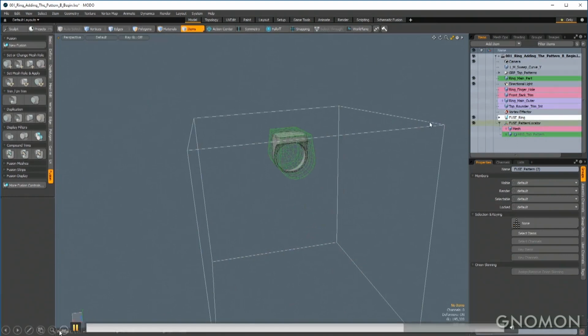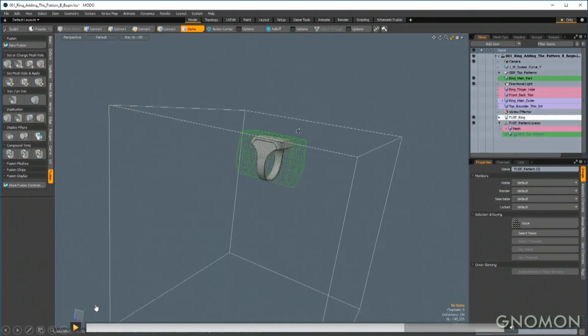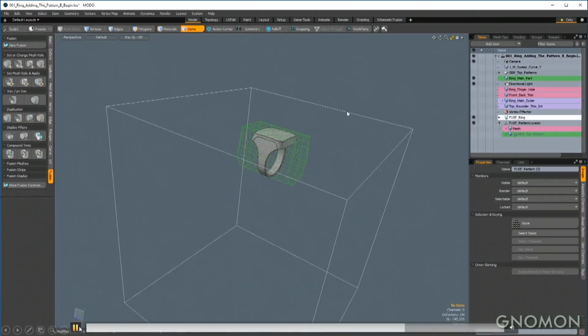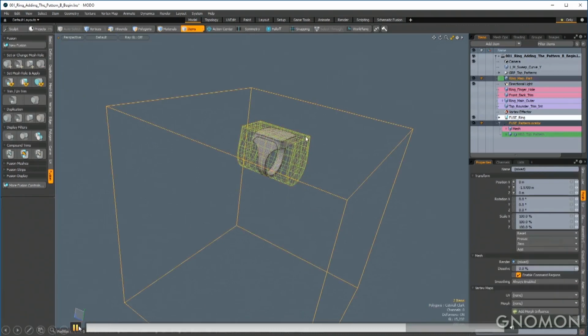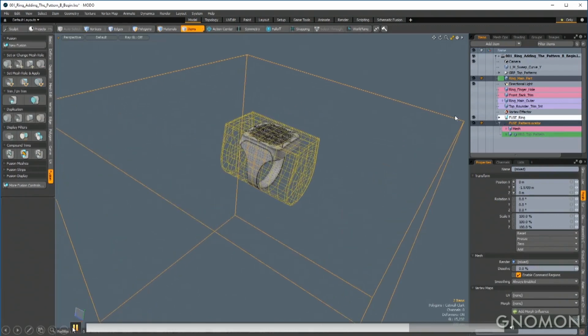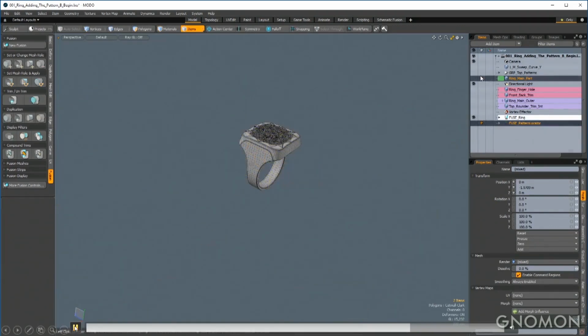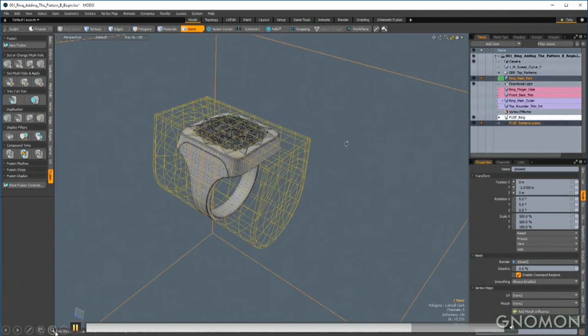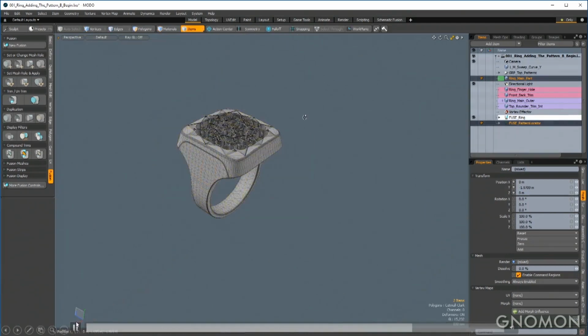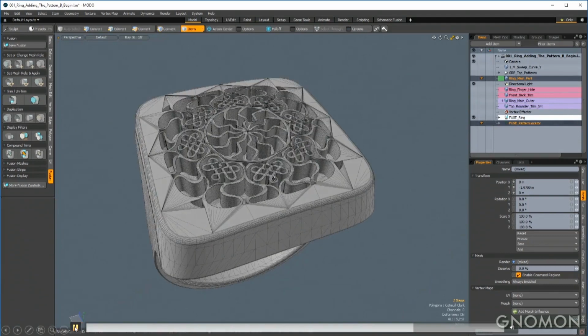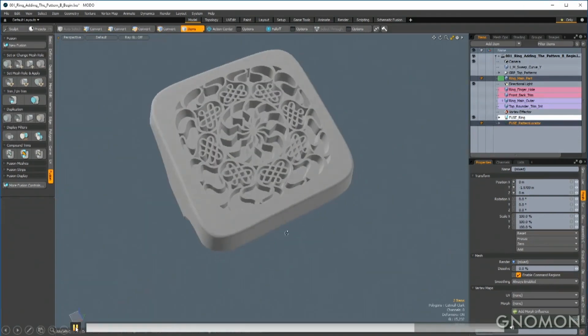So now with the primary item visible from the first fusion item, I'm going to left mouse button click on the locator and then shift select the primary. And then I'm just going to go under set mesh role and apply and choose the first icon, which is subtract. So now you'll see that the design, that intricate design, has been kind of cut into the ring, but it's not going all the way through.